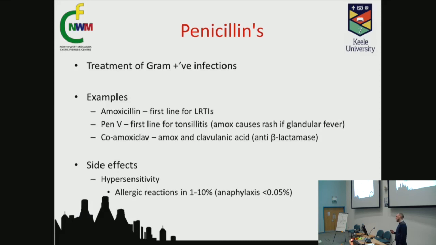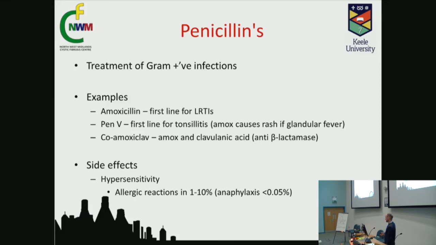And we do that because amoxicillin is associated with a rash if that tonsillitis is actually caused by glandular fever and not by a bacteria. Co-amoxiclav is interesting. So co-amoxiclav is amoxicillin clavulanic acid. Clavulanic acid is actually an anti-beta-lactamase. So that enables us to use co-amoxiclav to treat organisms like beta-lactamase producing Haemophilus influenzae that wouldn't be sensitive to